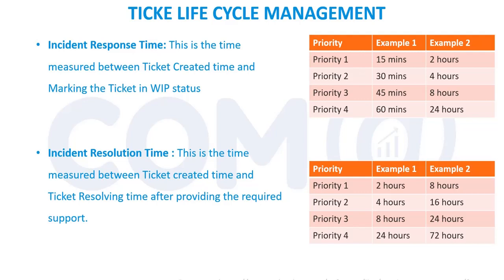Now he will open the ticket. Since it is a new ticket, he has to acknowledge it, mentioning that I have received your ticket, I'll work on this and I'll provide you the solution. Once you update that in the ticket, a mail will be triggered to the end user. Maybe for typing the content, you took another 5 minutes. So 15 plus 5 is 20 minutes. For responding to this ticket, you have taken 20 minutes.